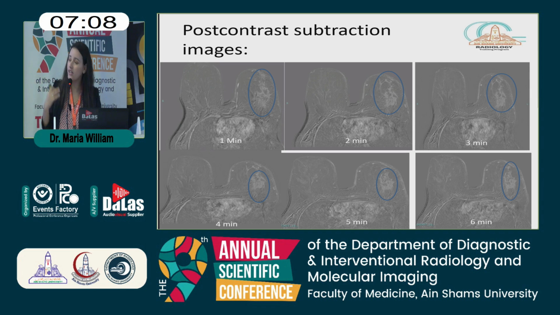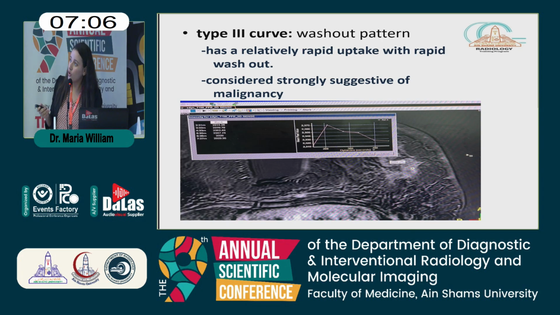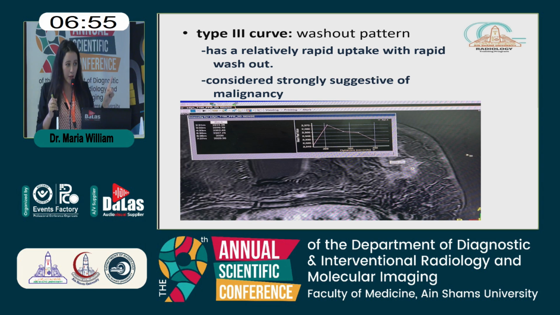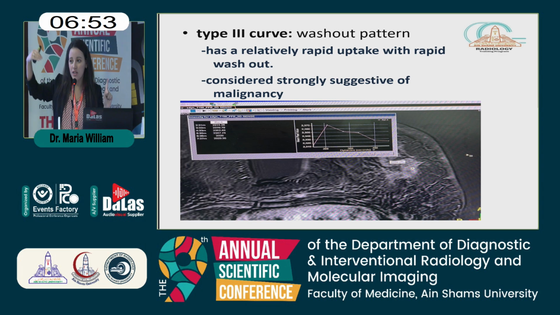Then we need a confirmatory point to know if it is a scar or a recurrence. Then we do the time intensity curve. The time intensity curve will reveal one of 3 types of curves. The first one, type 1, we will see a progressive increase in the contrast enhancement, which indicates likely